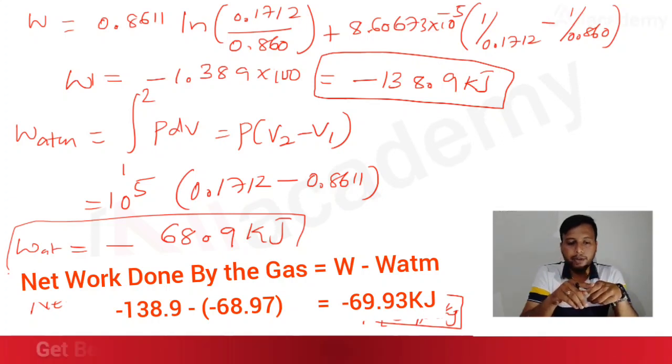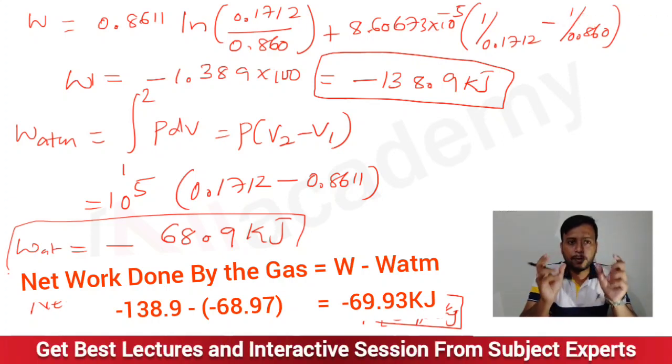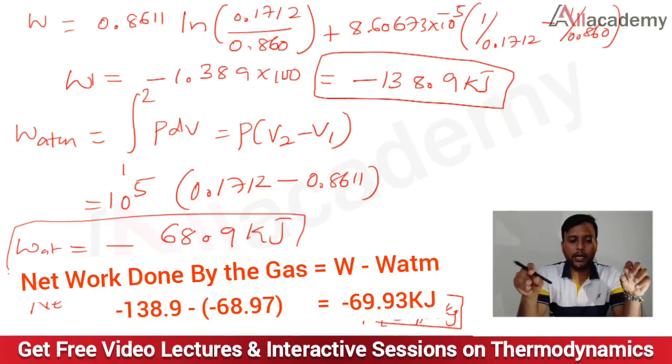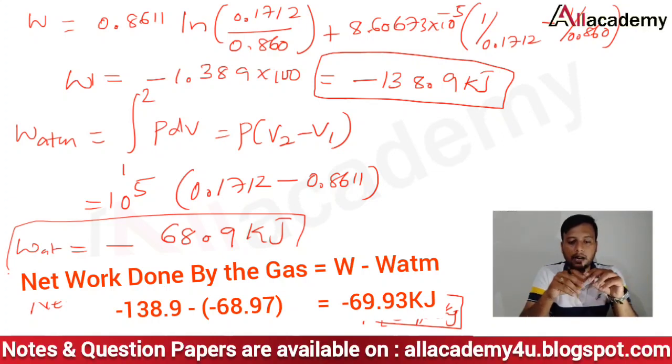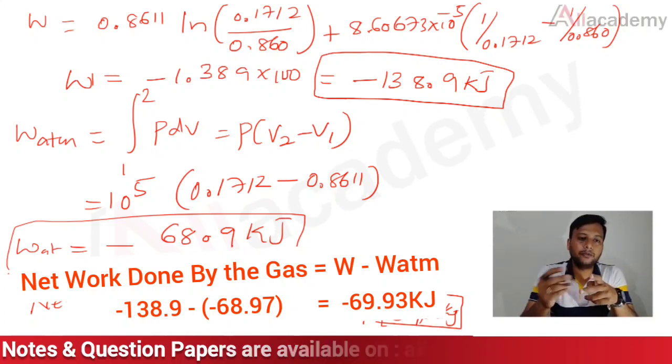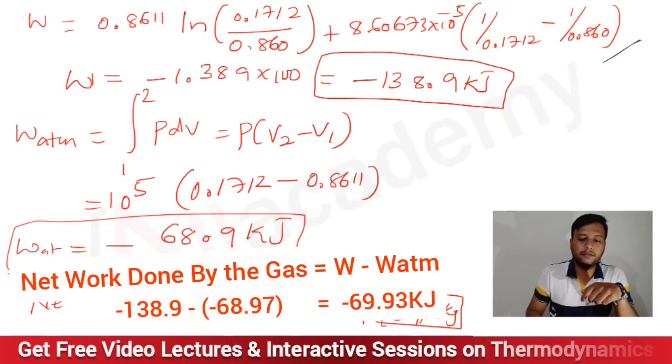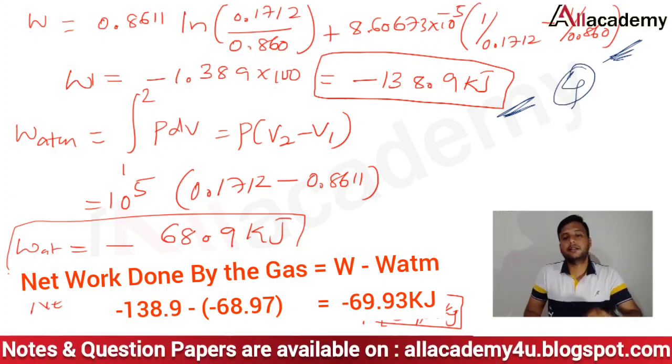So first, what we need to do is put that P equation, the pressure equation, in the general integration of P into dV equation, and integrate it. Once I integrate, I will get a complete equation. After simplifying that, I need to substitute V1 and V2 which are already given. Once I substitute this V1 and V2, I will get the work done. If you do this much, you will get 4 marks. Up to this one is given 4 marks.